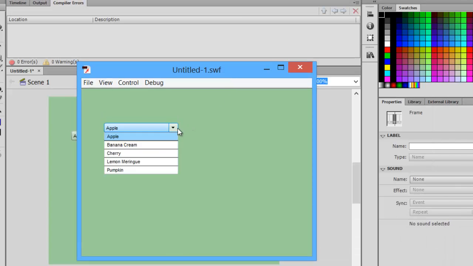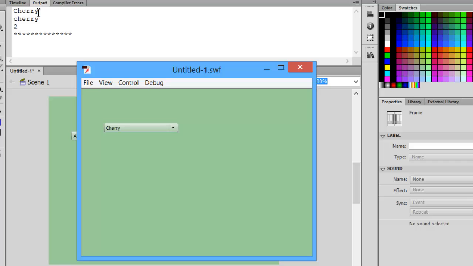Okay, so if I choose cherry, I see the label with a capital C, my data with the lower c, and I'm told that it's index number 2. It's the third item. Number 0, start counting with 0. 0, 1, 2. If I choose lemon meringue, I get the label, the data, and the item number. Now I can use any one of those three in a switch structure or if-else structure to do something with